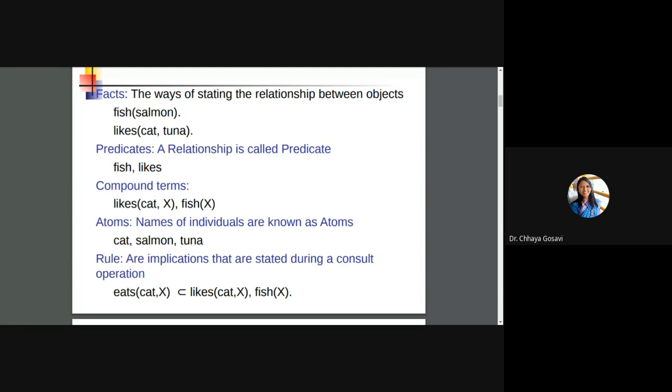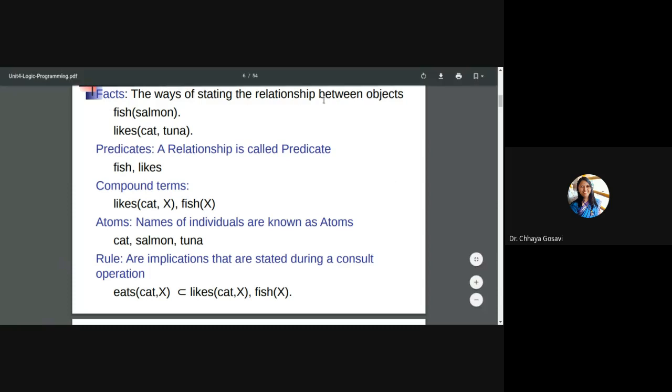Stating that relationship, we call it a fact. For example, here, cat eats milk, cat likes milk. A relationship converted into a statement is called a fact. So the way of stating relationships between objects is called facts.